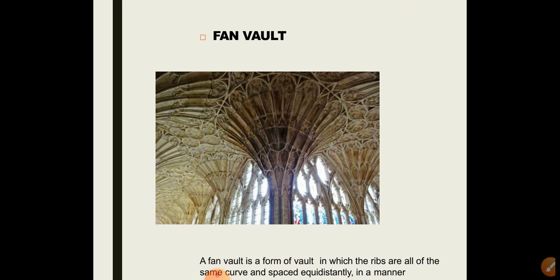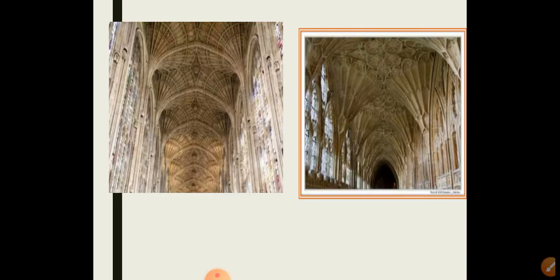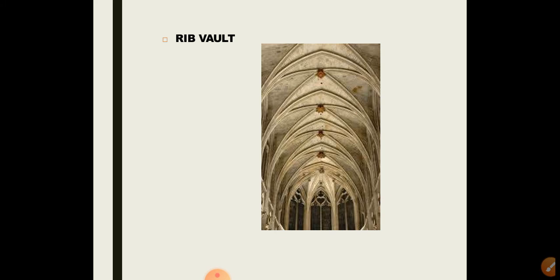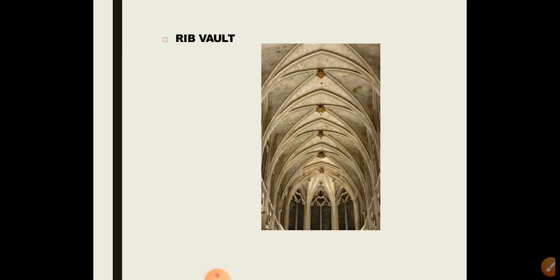Next, this is the fan type of vault. These are some of the examples of the fan type of vault. These are like ribs. This is formed when two or more vaults intersect each other and they form a rib or cage type of formation. The characteristic of these vaults is that they are edged with an armature of piped masonry, often carved into decorative patterns.